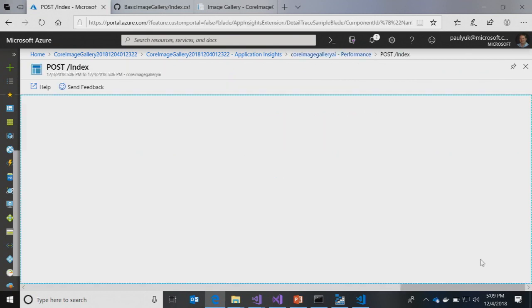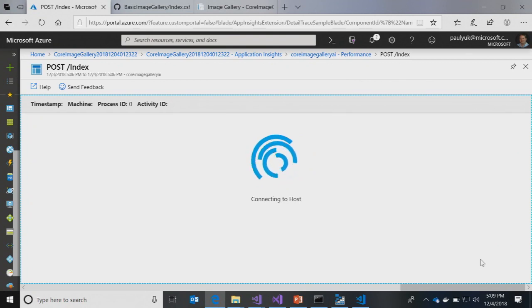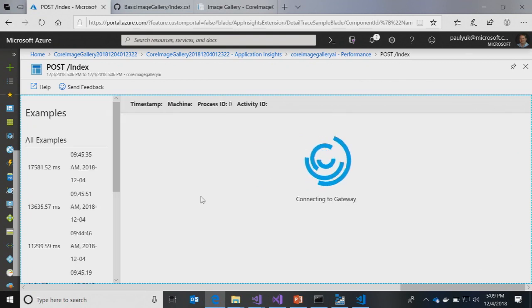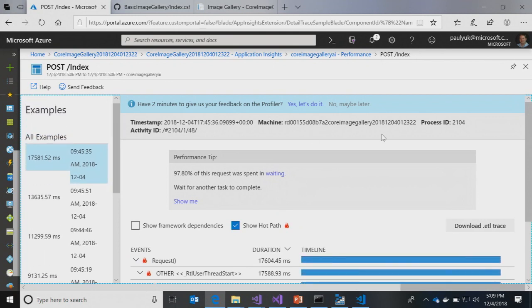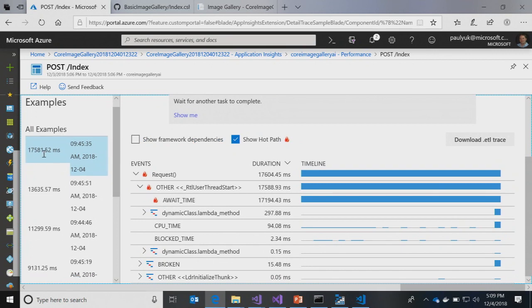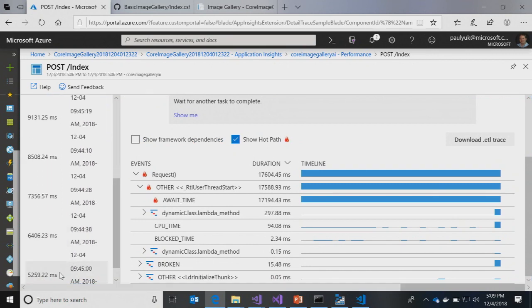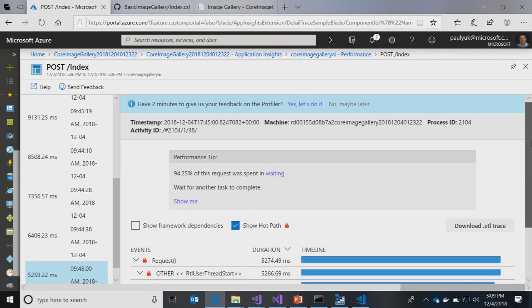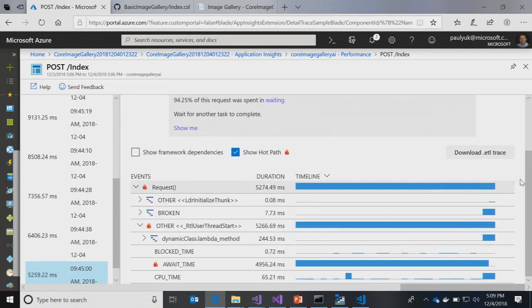And I feel like performance engineering is tough, right? So we want to just make it a bit easier. So the profile, we've been automatically collecting samples with full profiles. And you can see we have some that are 17 seconds. That's the worst one. All the way down to this median, right? We saw the median was around 5 seconds. So let's go here. Let's sort by timeline. And then, Andrew, I'm going to need your help to analyze this. So it looks like we're spending a lot of time awaiting, kind of like waiting for the CPU. And then the code you're actually running, your code, looks like it happens in the very end. So like, how do I think about this one?